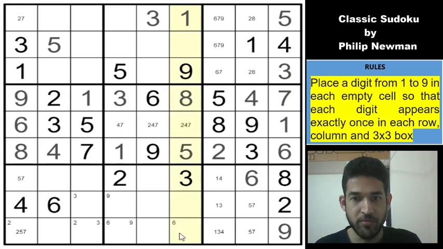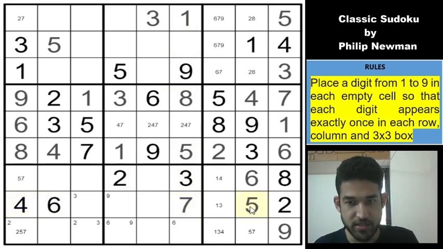So if I look at column 6, I have a hidden single, guys. So look at this cell, 1, 8, 9, 3 and 5. So this cell must only be 2, 4, 6 or 7, but it can't be 2, 4 and 6, which means that this is a 7, this is a 5, this becomes a 7, and this 7 removes the 7 from this cell.